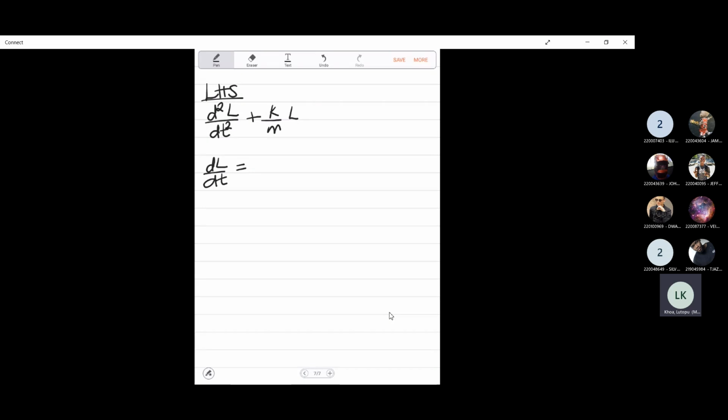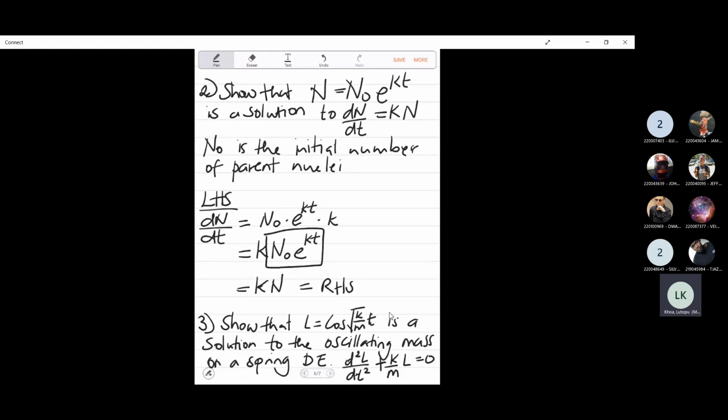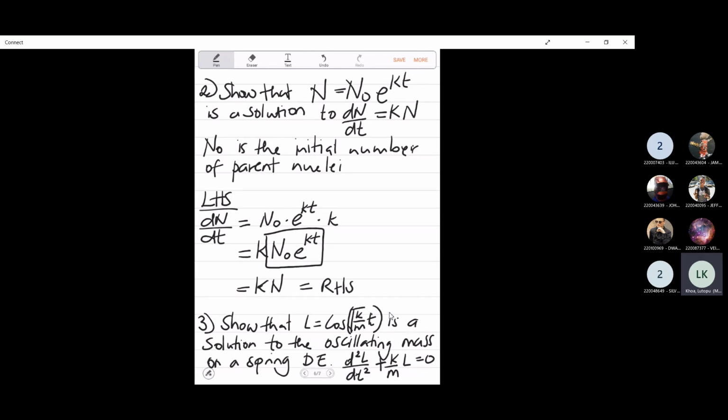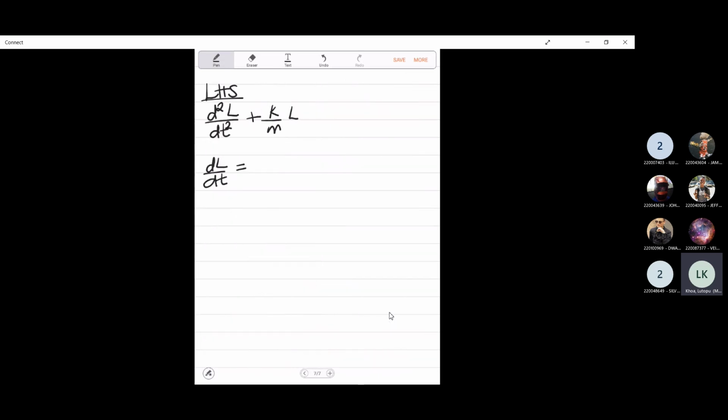The t is not under the square root, but under the square root you have k over m. I should show it better with brackets. So when I differentiate that,